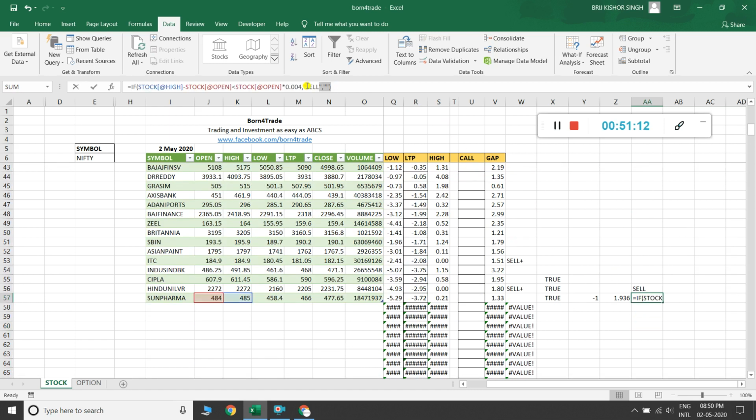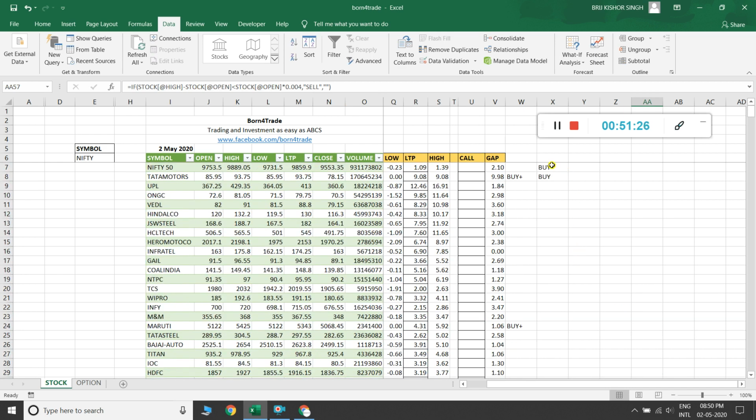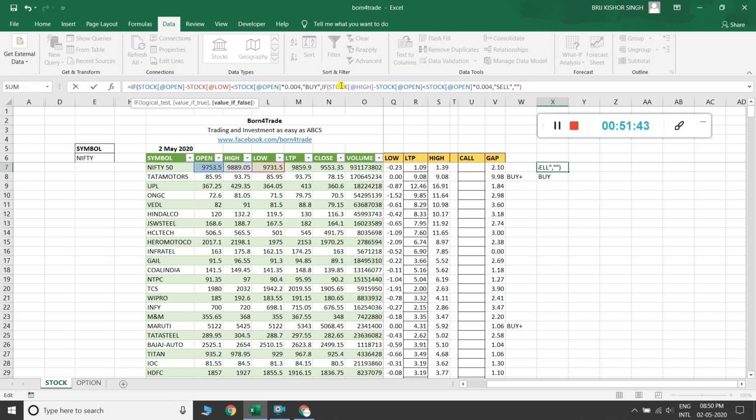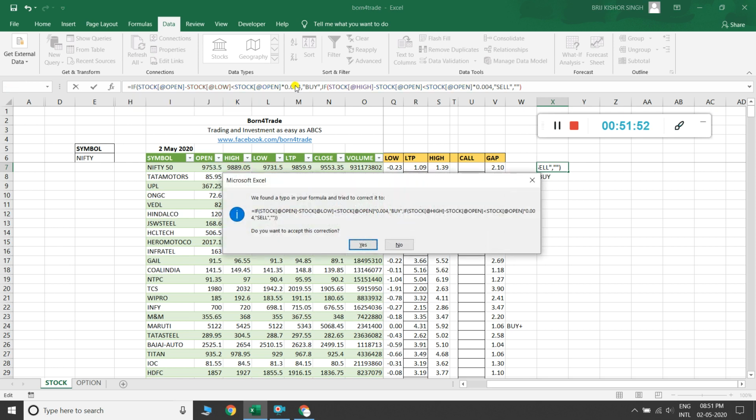I click here and go to the formula bar, and I copy all the formula with Ctrl+C and press Escape, and come into the buy signal, and delete this step and just Ctrl+V and paste it, and try to combine the formula and hit enter.